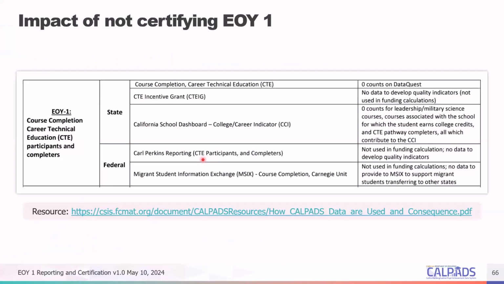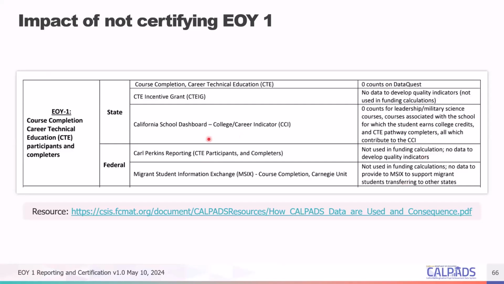Okay. And of course, you have the impact of not certifying by August 16. So if you are receiving CTEIG funding or Perkins funding, that might impact your funding next year based on the quality of data that you've submitted or actually have not submitted and certified.